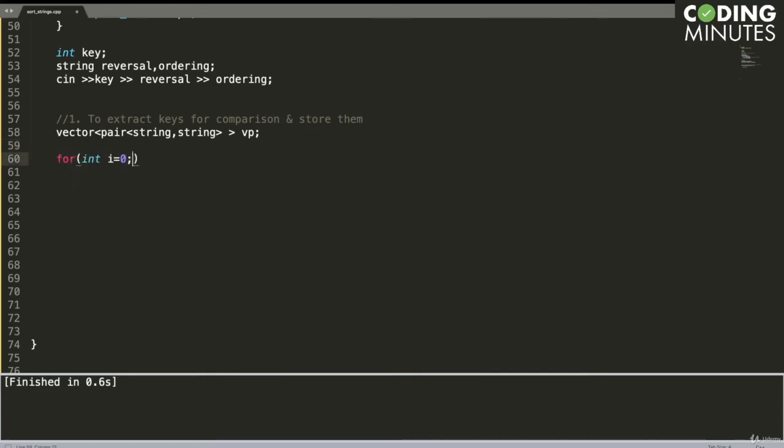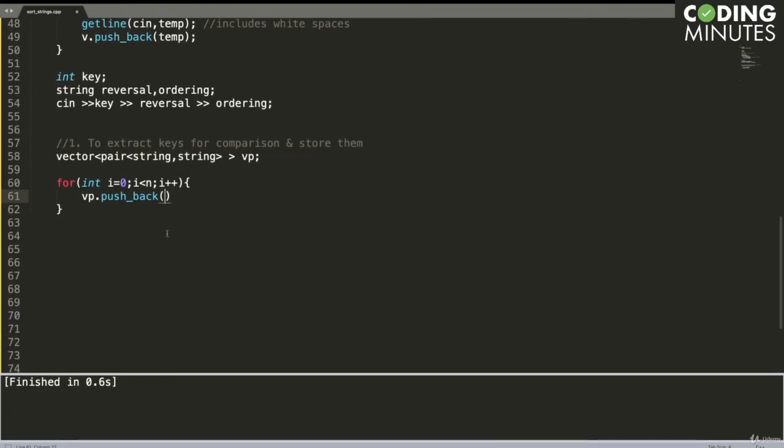So for int i equals 0, i less than n, i plus plus, I can say vp dot push_back, we are going to push back vi and its key. We make this function call to get the key for the ith row. We store both of them as a pair inside the vector, so that's why we have these curly brackets. So this step is done.